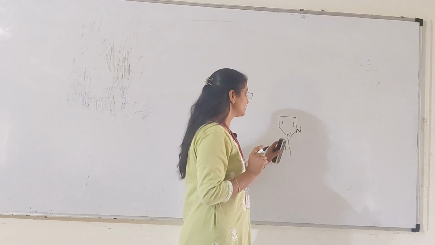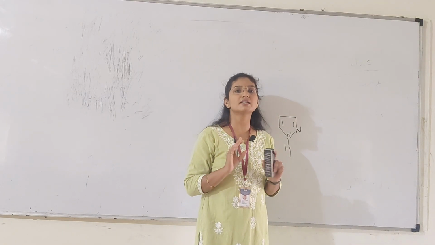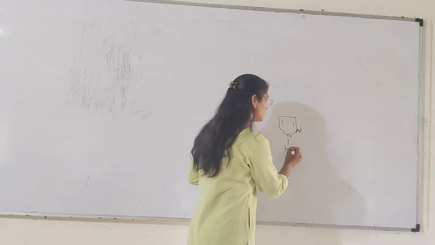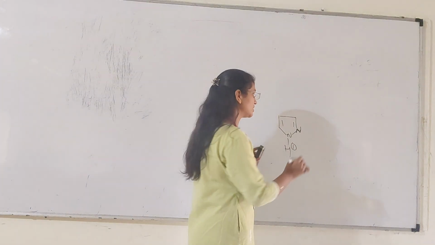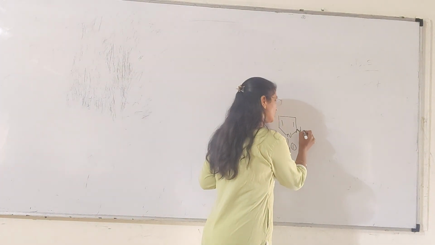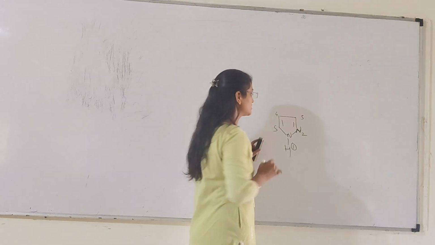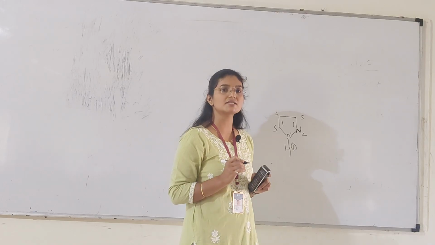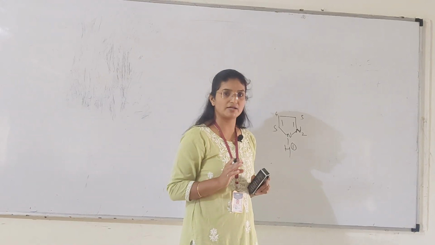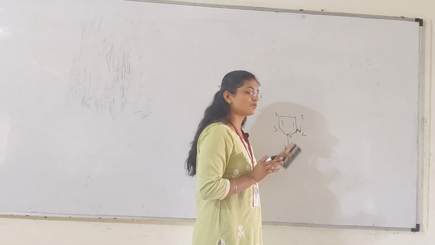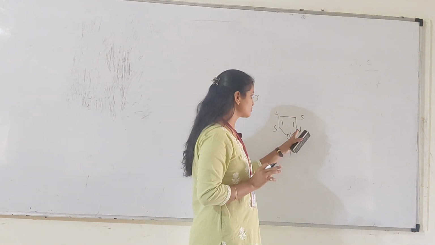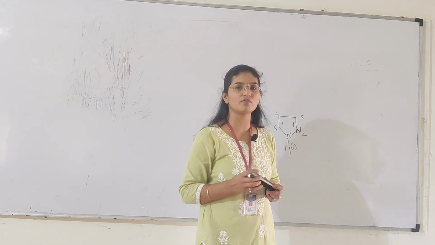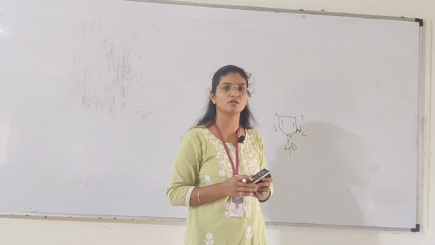Saturated means what? The nitrogen which contains a single bond, not a double bond. That saturated nitrogen must be given number one, and the unsaturated nitrogen atom gets 2, then 3, 4, 5. This is the correct method for the numbering of a heterocyclic compound which contains 2 nitrogen atoms. Saturated nitrogen must get number one and unsaturated nitrogen number 2. So for the purpose of numbering of heterocyclic compounds, these 5 rules are very important.